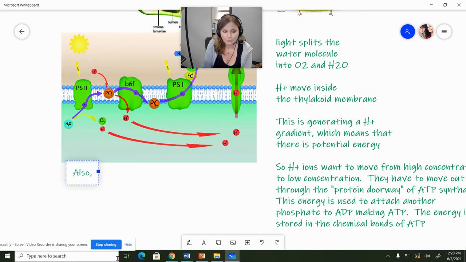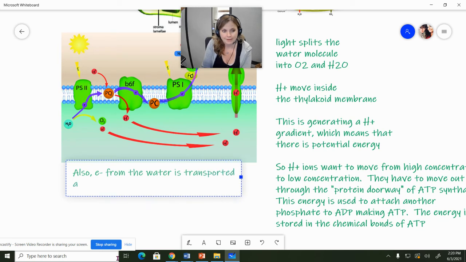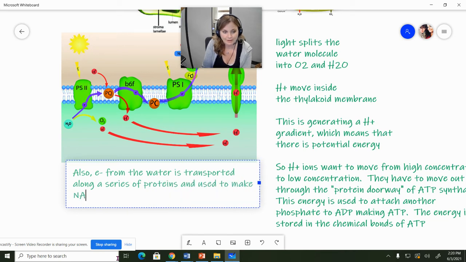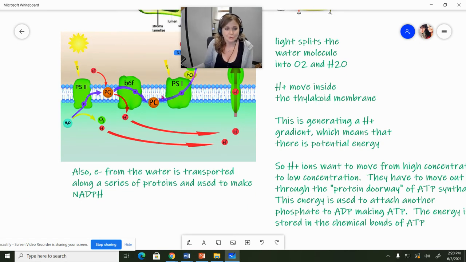So also electron from the water is transported along a series of proteins and used to make NADPH. Okay, that's it. I don't want you to have to know every little step along the electron transport chain. I think that's unnecessary. So bottom line is, in the light reactions, a water molecule gets split, oxygen gets released, ATP